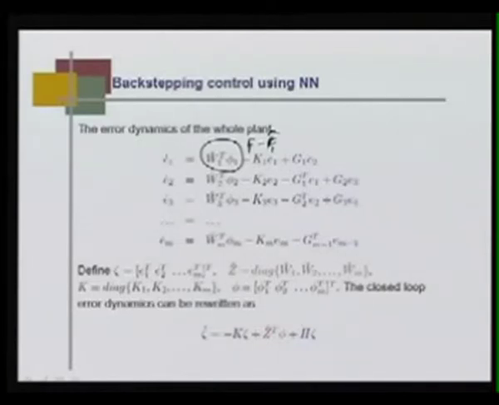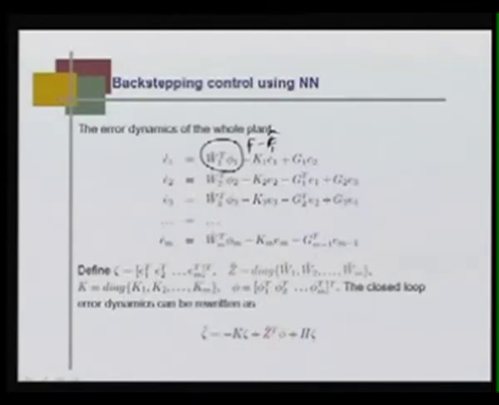So, then each scalar differential equation, the scalar error dynamics, and like that m scalar differential equations can be put into one vector differential equation. Xi dot is minus k zeta. Okay. So, you can easily see where this is k zeta, this quantity, and Z transpose phi, this quantity,